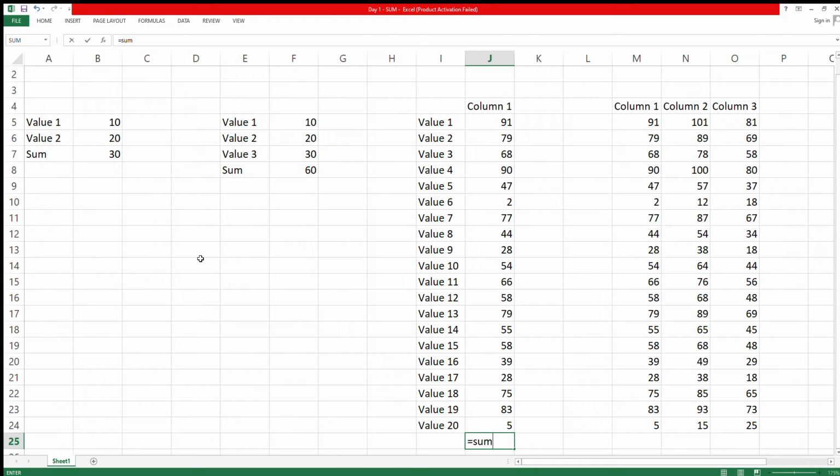If you go like this, j20, j22, then plus j23, j20 plus j21, like that, it is actually a very long and tedious process.